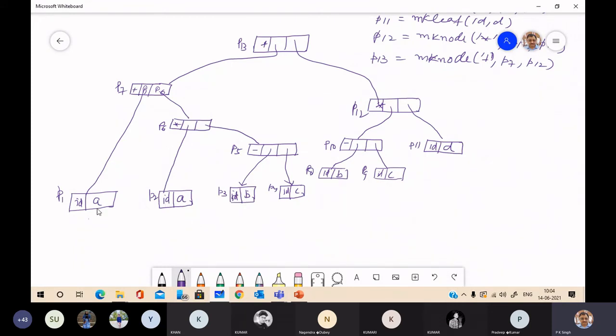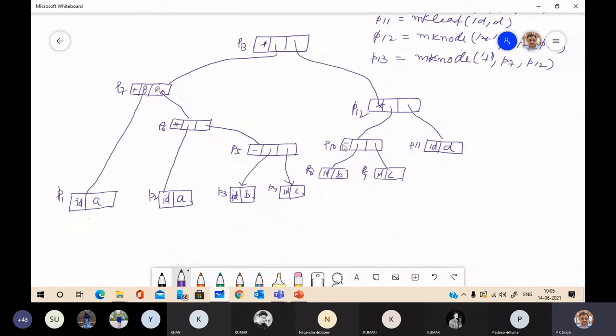Similarly, if you see here, here you are creating a new node in which you have the value A. Again, you are creating a new node where you have the value A. So, what you can do, you need not to create this. You can only modify the link. In spite of having P2, you can link it with P1. It will not change the semantic. Okay, then you can save the time and space occupied by the node and time in creation of the node.